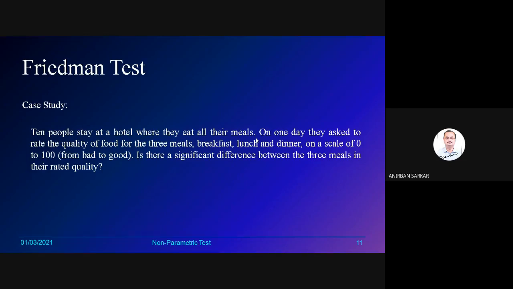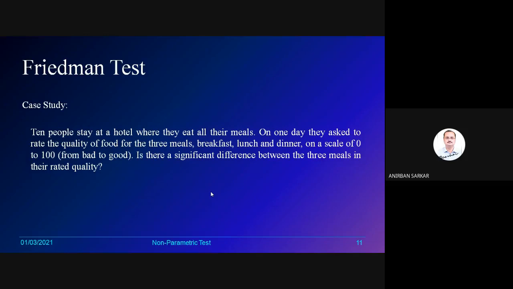When any of the parametric assumptions fails, say it is not normally distributed, or the homogeneity of variance assumption fails, or it is not randomly drawn, or it is ordinal in nature, not interval, then we apply the non-parametric equivalent of one factor repeated measure ANOVA. That is nothing but the Friedman test.